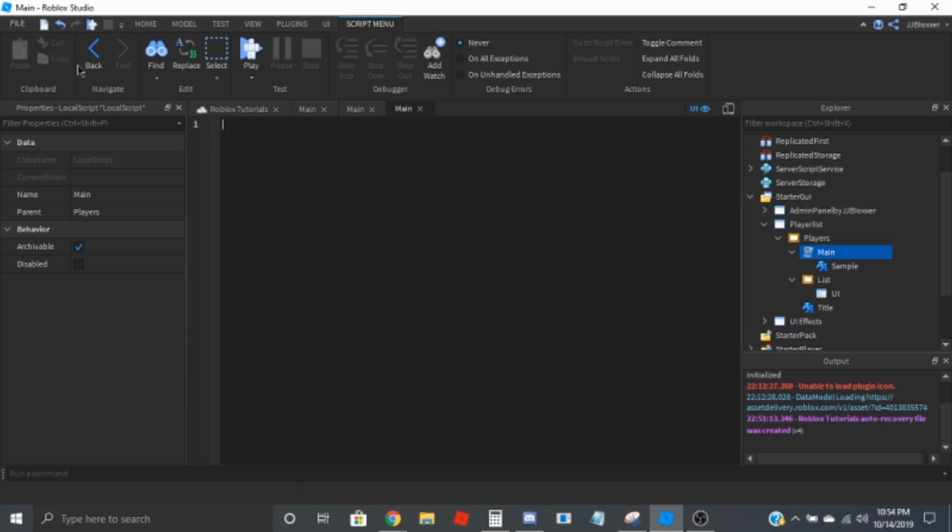So first of all, what was I going to do? So we're going to create the function that will be fired when the player joins, to like fill up the player list. So what we'll do is we'll name this function add players, or like actually I do fill list,